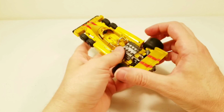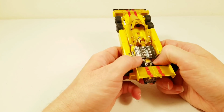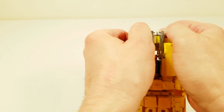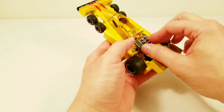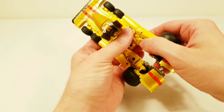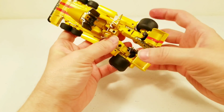So we're going to start on this transformation. We're going to take these two pieces here, open them up. We're going to split open the back section right here of the vehicle. And this engine will flip. Let's get these out of the way. This engine will flip and kind of get up and out of the way here. All right. That's going to free up this bottom portion right here of him, and we start working on the